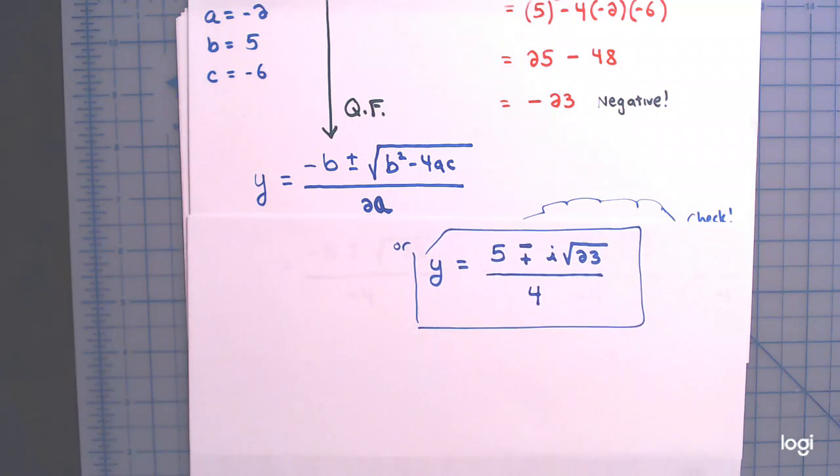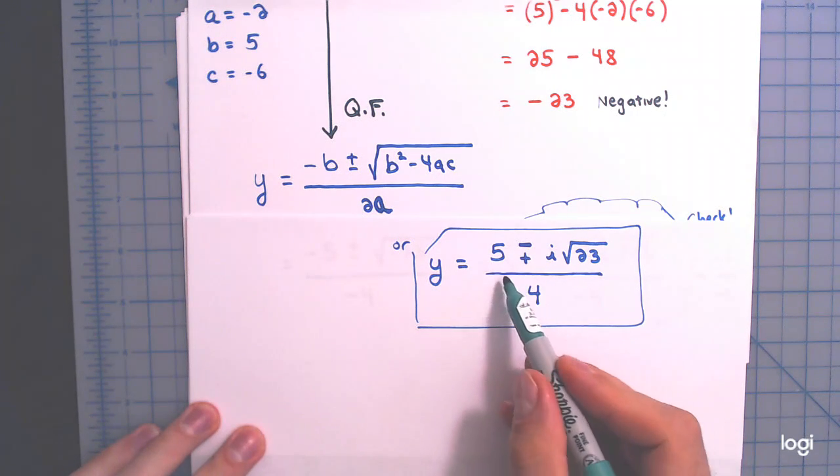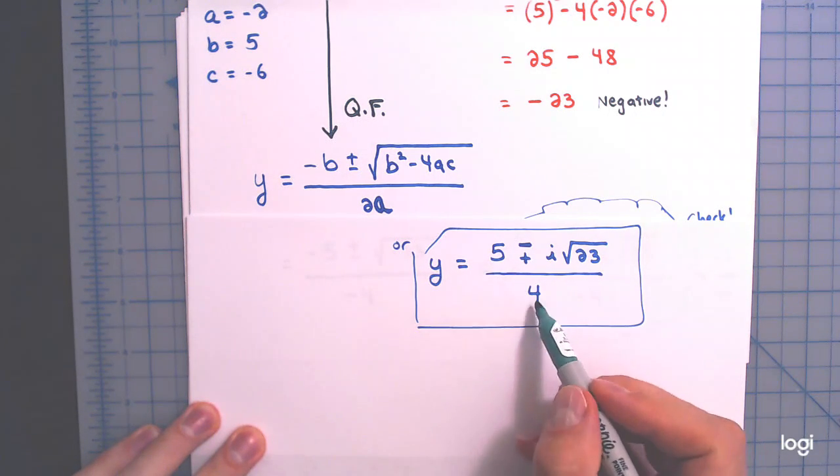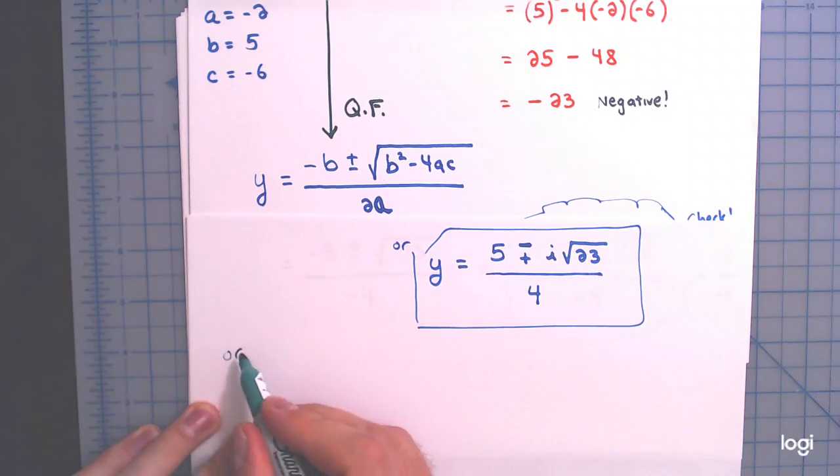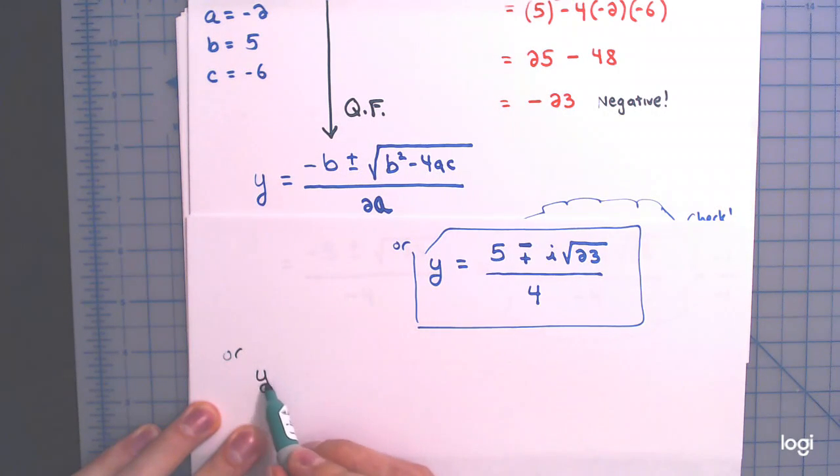And I guess one other way we could write these solutions is in the complex form. Remember, any complex number can be written as a plus bi, some real number plus some pure imaginary number. So if we divide each term in the numerator by 4, this is one last way to write this. I could say y equals